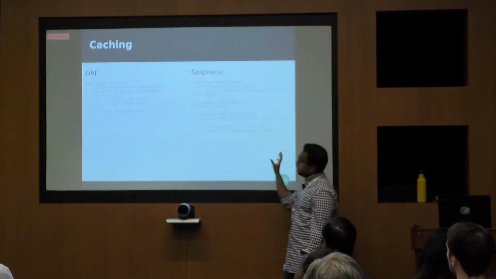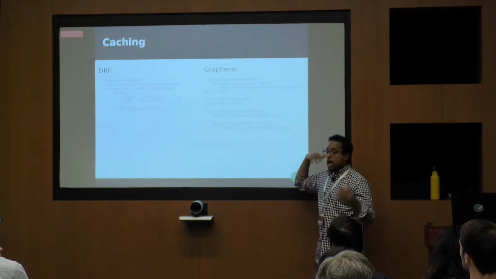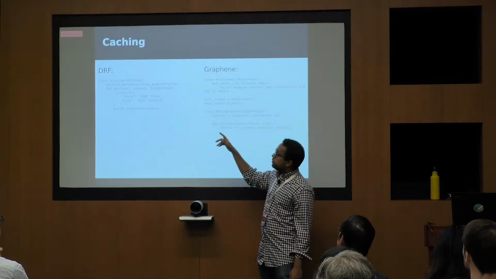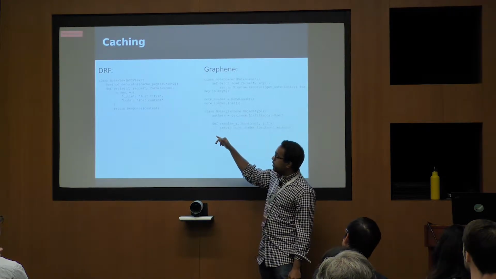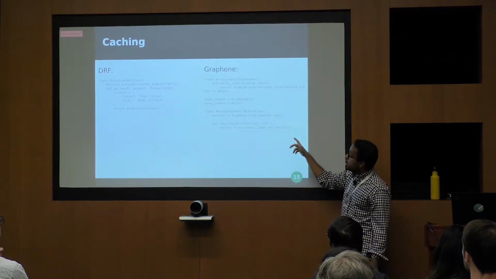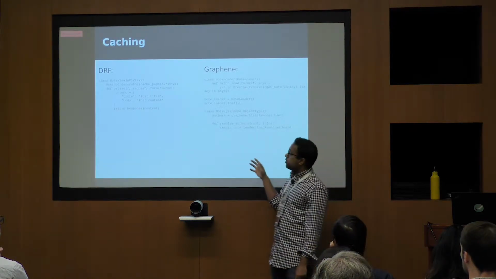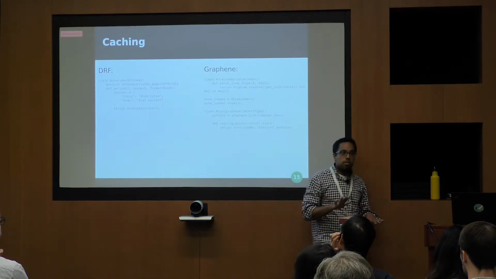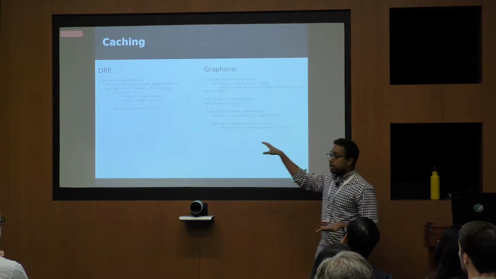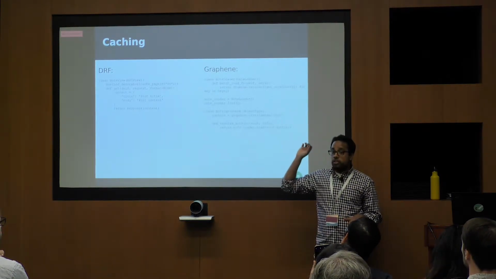Caching. This is an area that I have the least experience in, but I wanted to put it there just to get a surface level view of how things are done. In Django REST framework, we have a method decorator, comes out of the box. In Graphene, we have a data loader that also comes out of the box. So it seems that both libraries offer ways to cache, which is important because, as we know, for an average